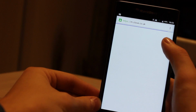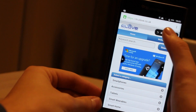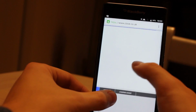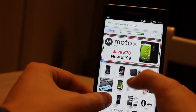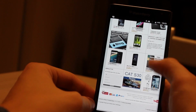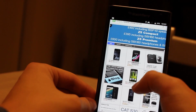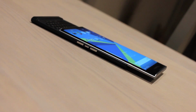At a resolution of 2560 by 1440, it sports an incredible pixel density of 540 pixels per inch. That's 4 times the amount of pixels on a standard HD TV. Images are crisp and bright and well balanced, helped by the OLED display technology. Corning Gorilla Glass 4 means the likelihood of scratches occurring are slim, and the curved edges make the device look